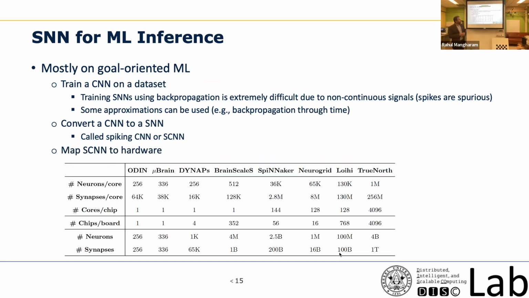So there are different types of hardware proposed in the literature, and these are some example spiking hardware, along with the number of neurons, number of cores, and so forth that you can see here. Together with IMEC, we developed something called the microbrain, which is shown in the second column, and I will show some results from there. IBM's is over here, which is TrueNorth, Intel's is Loihi, and the University of Manchester's is SpiNNaker, that you can see over here. So that is some of the context of where we are going with our research.